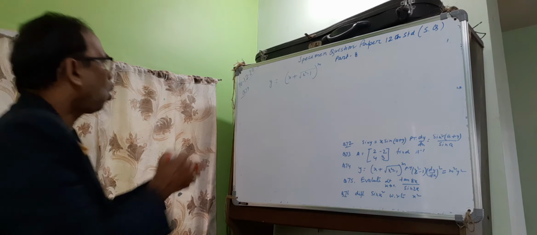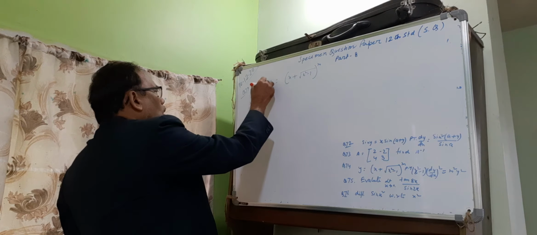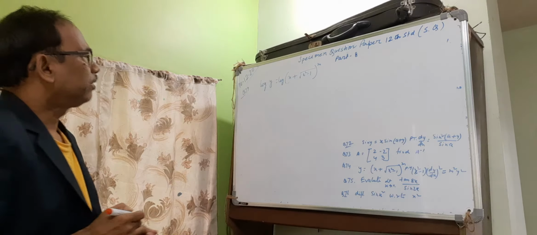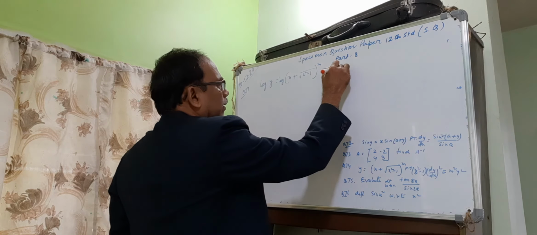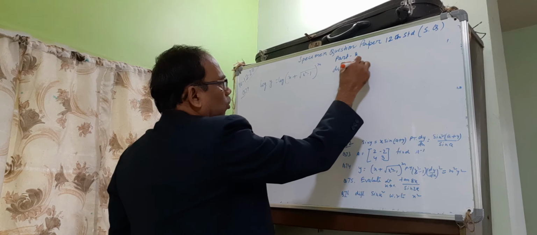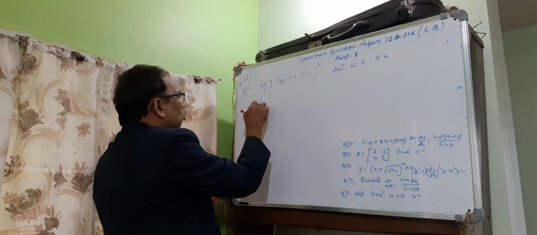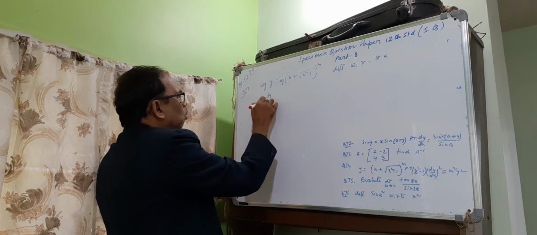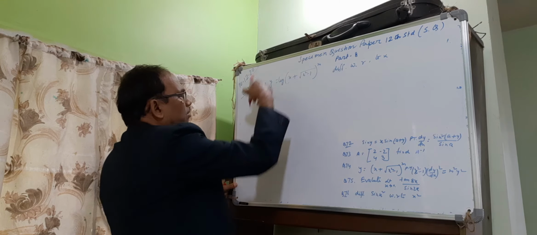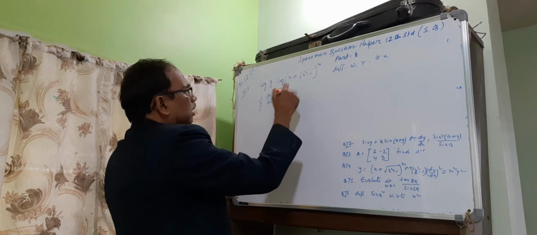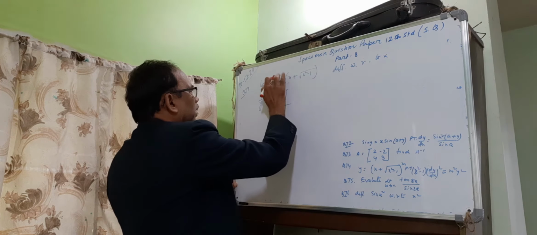Now, taking log both sides, log of y equals log of this. Now, differentiating with respect to x, 1 by y dy by dx, power will come first, m, derivative of this, m log